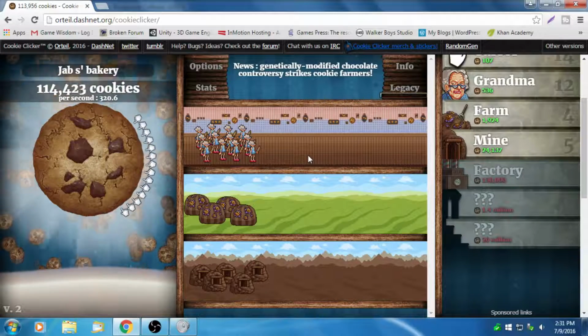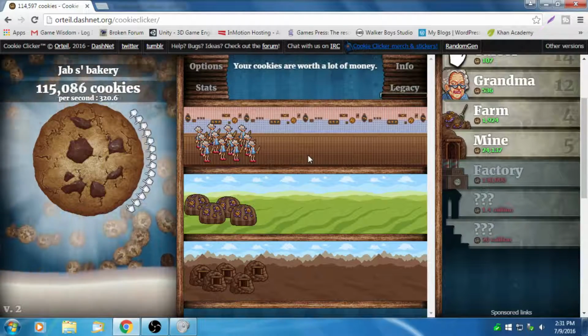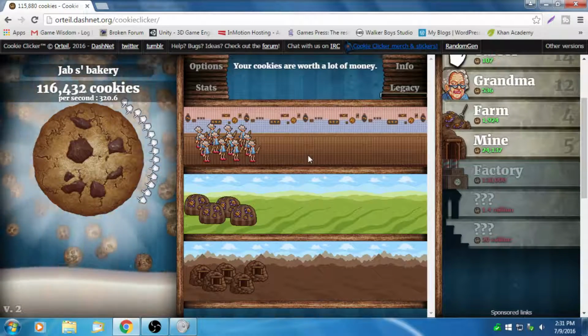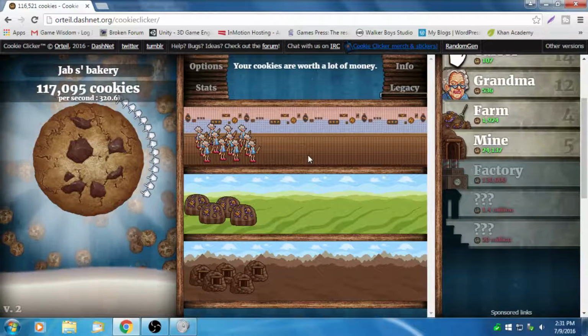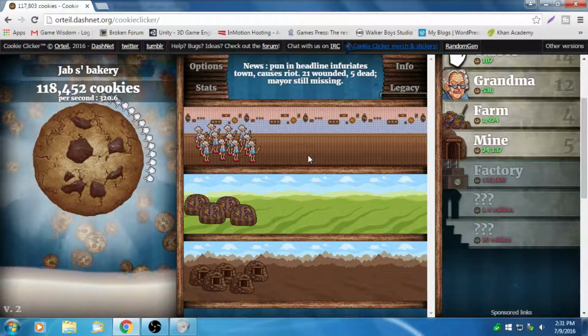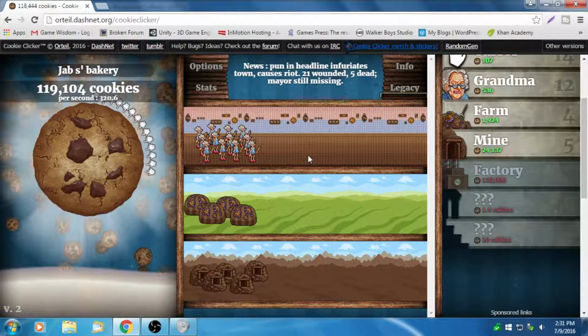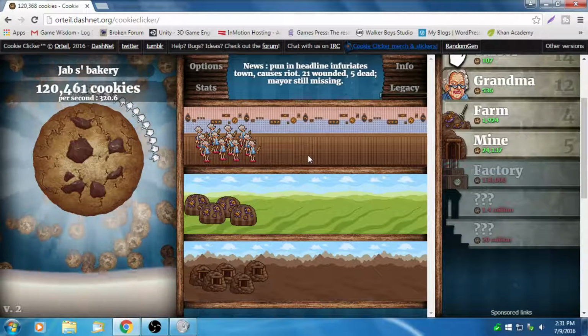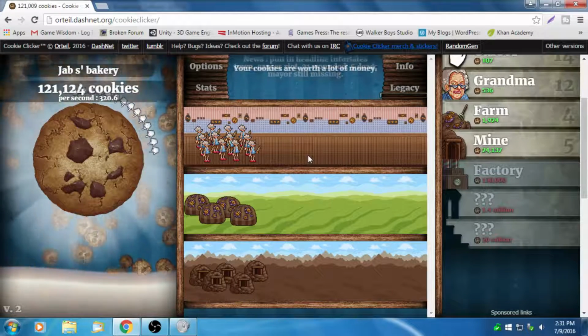But that, I think, is about it. Again, these kinds of progression models work so well because of that psychological hook of progression. You're going for new things, which will let you do more things. And your cookies per second up there is your progression bar, your experience.